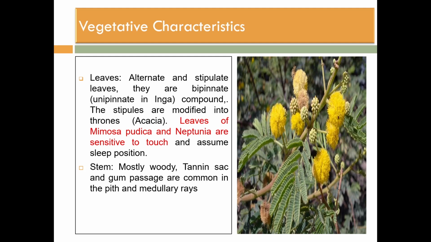And the leaves of Mimosa and Neptunia are sensitive to touch and assume sleep motion. This is one of the very important physiological features shown in these particular plants. And if we see the stem, mostly they are woody, they have tannin sacs, and gum passages are common in the pith and the medullary rays. Therefore, some species of this particular family are also used for gum production, that is a very important part of